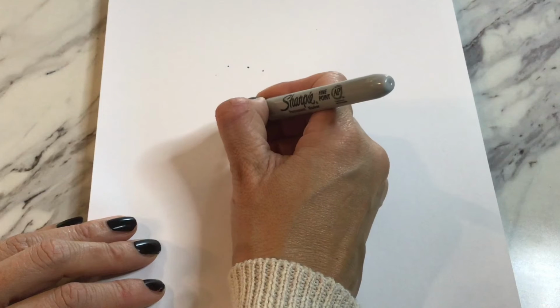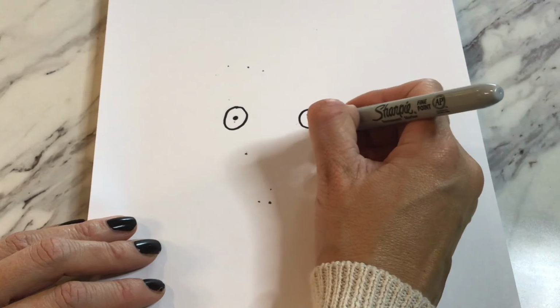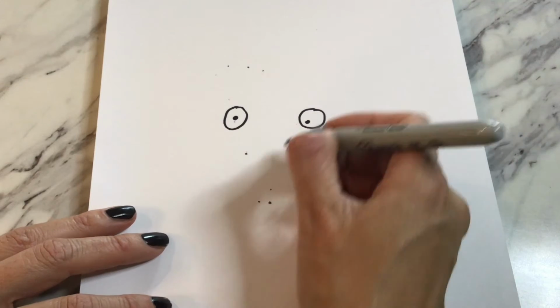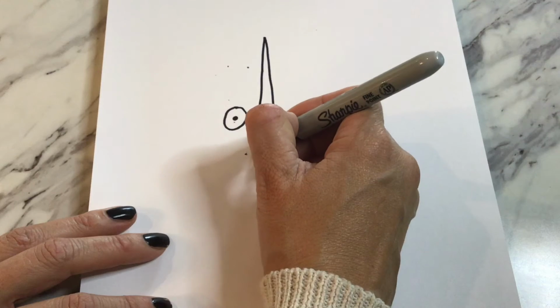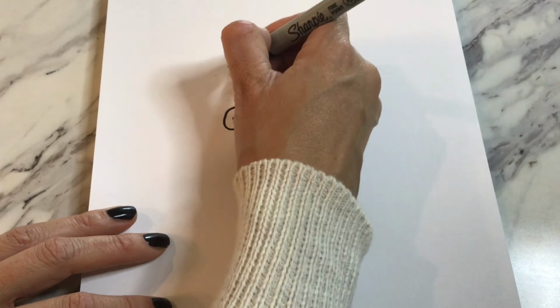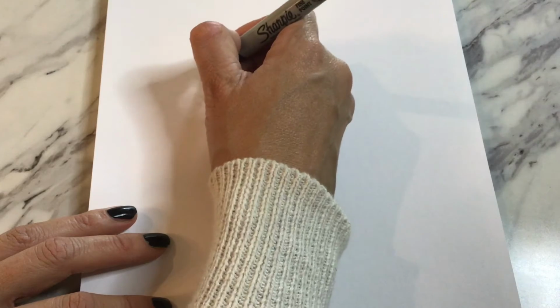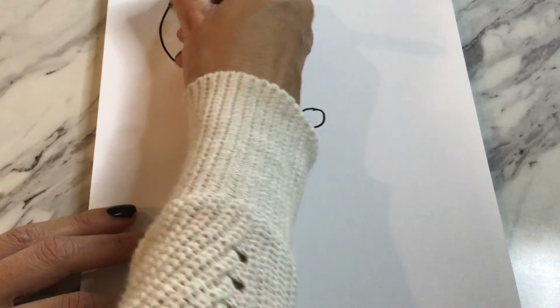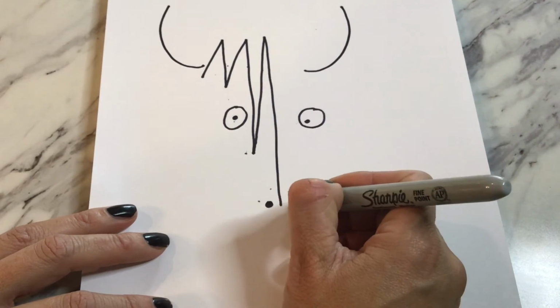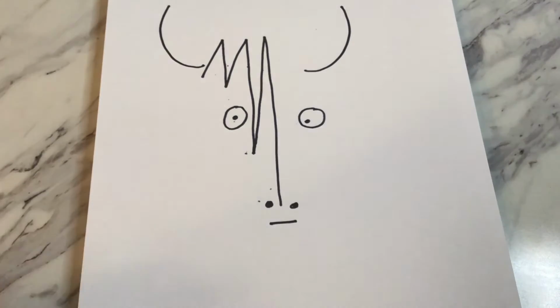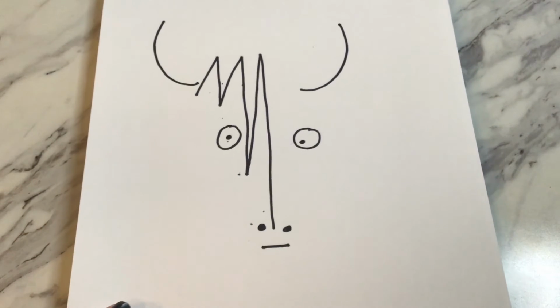We're going to start out simple. We're going to need a white piece of paper and a black Sharpie. Let's begin with our first picture. We're going to draw 2 circles for eyes, and then put a smaller circle in the center. We're going to draw a straight line up, and then down, back up, down again, and up again. We're going to draw horns, so they're like the letter C. Think about those shapes. We're going to draw 2 small circles and a line. And believe it or not, that's it.